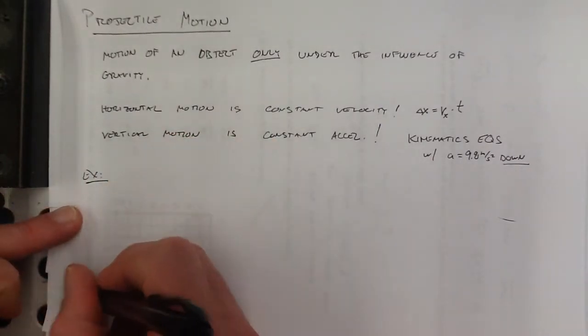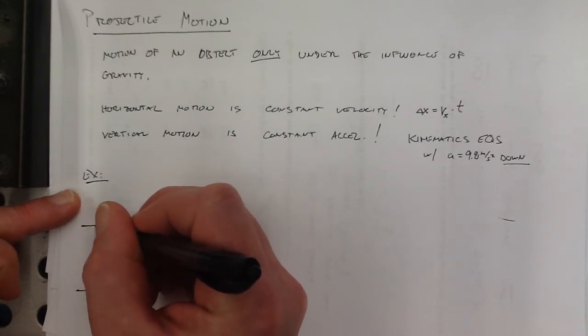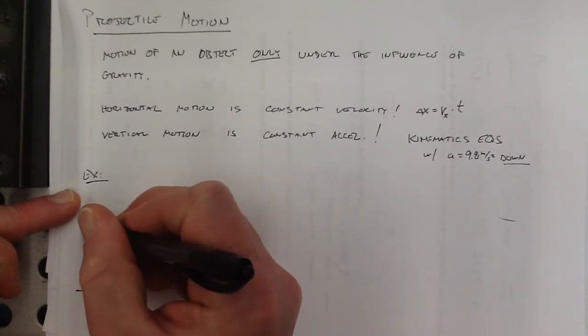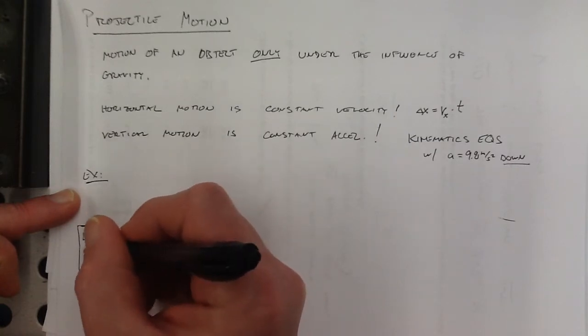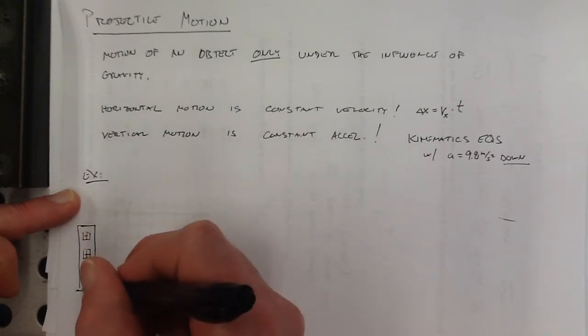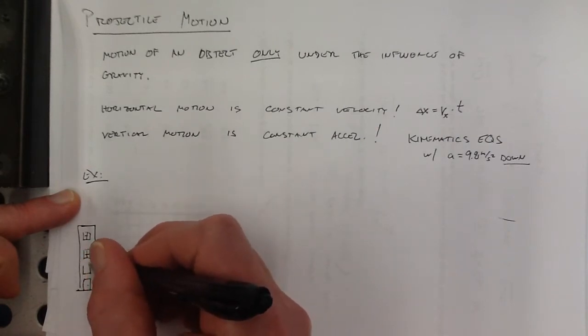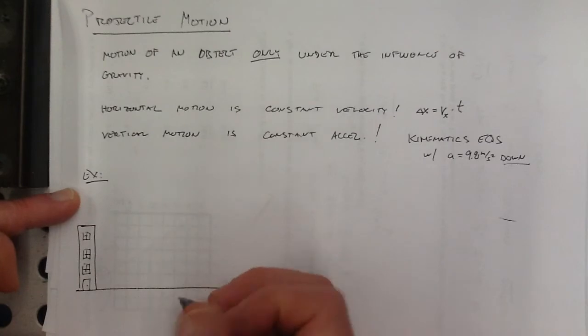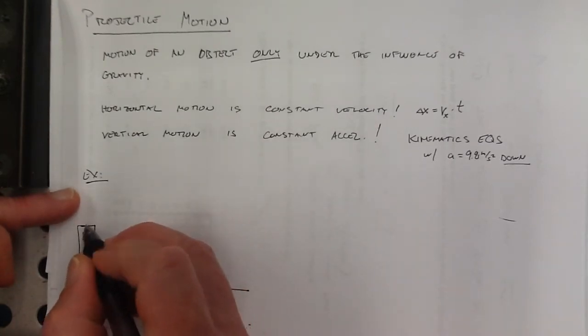So let's see, here's the ground. Let's say we're going to launch something off the top of this building. This is a building. There's a door. I don't know what's inside this building. I've never gone in through that door, but there's some windows. And on the top of it, there's a person